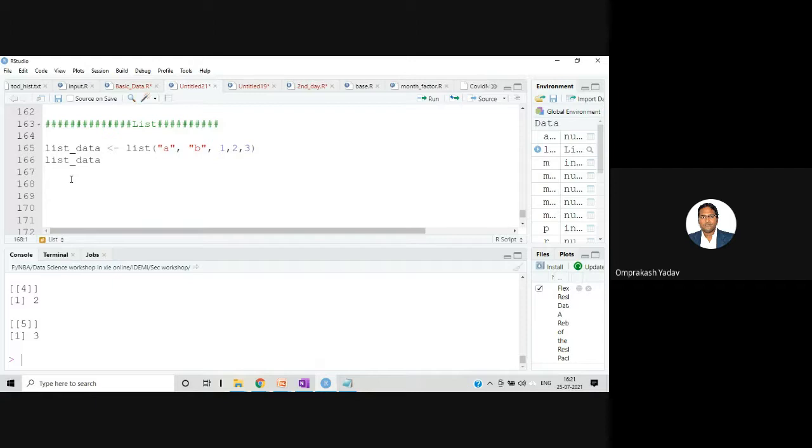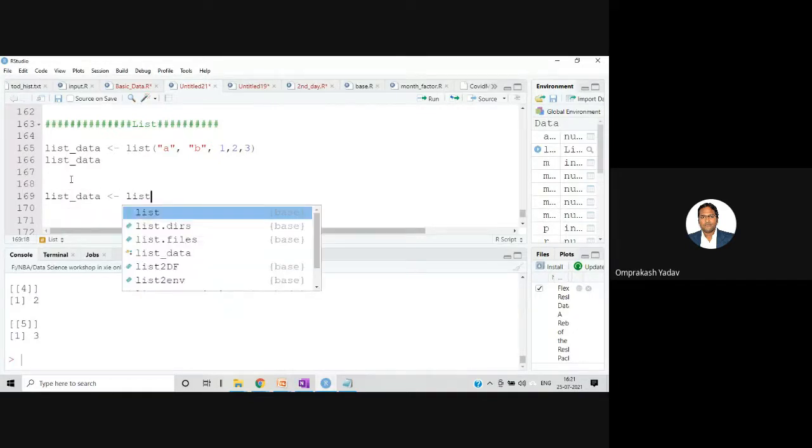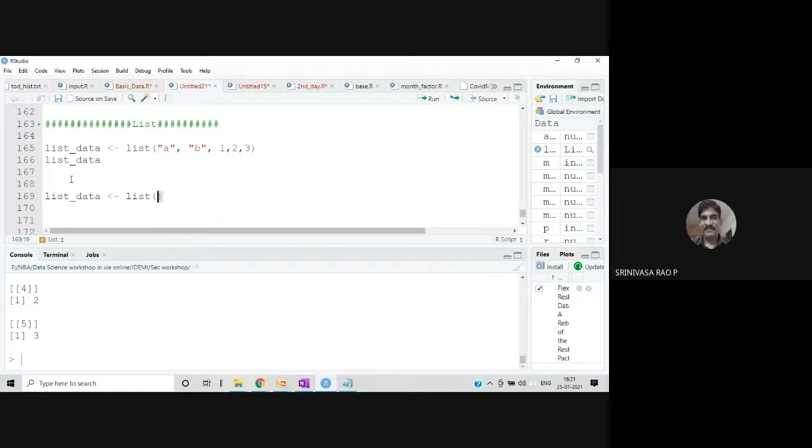Now let's create one more list with the help of the list function. In this, I'll store the string, let's say red, green. Then let's store one numeric vector itself, like 1, 2, 3. So this is a numeric vector; I'm storing the full vector over there.